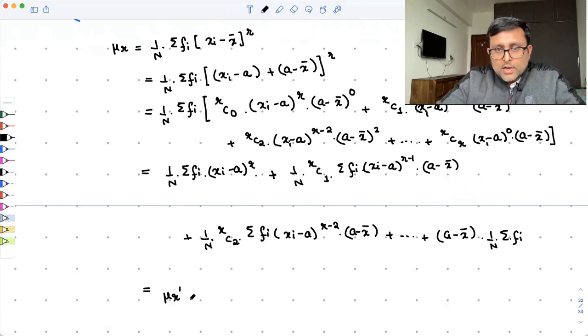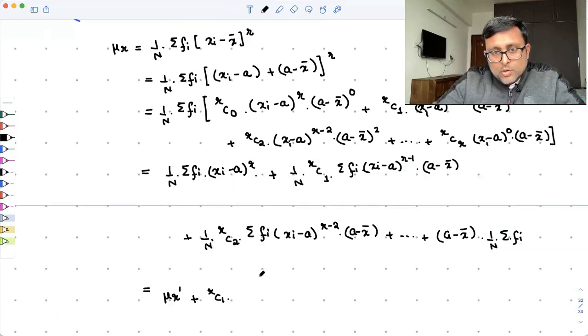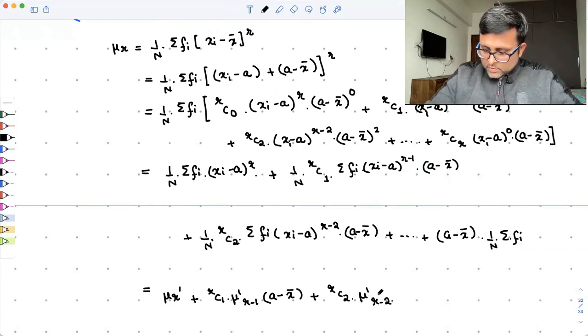This is just the formula for mu r dash plus RC1. What is this formula then? Summation of fi into xi minus a to the power r minus 1 upon n. That is mu dash r minus 1 into a minus x bar plus RC2 mu dash r minus 2 into a minus x bar